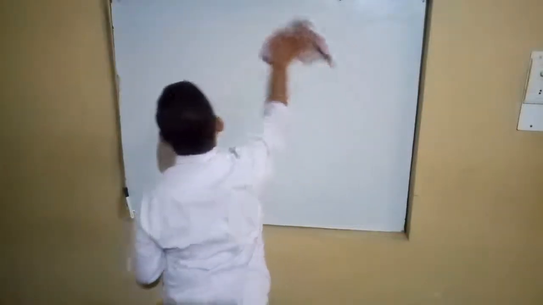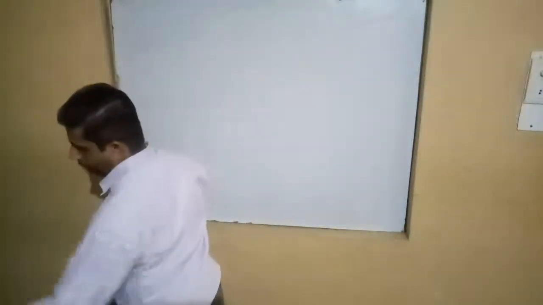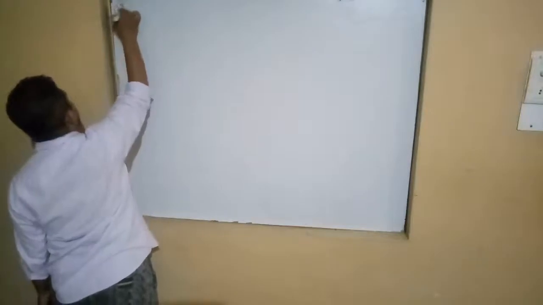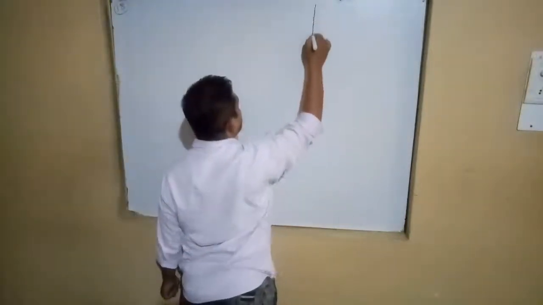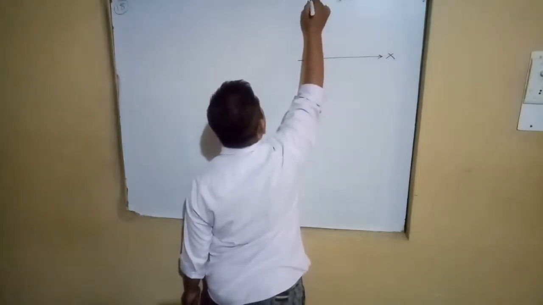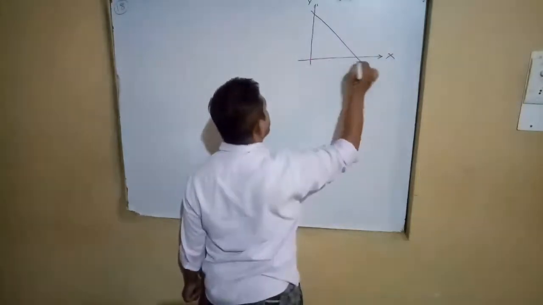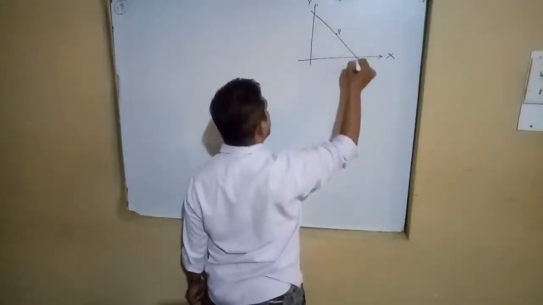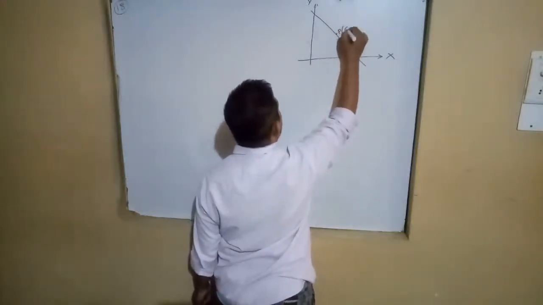So according to the language of the question, we can understand here a line in the intercept form. Question number 18. Intercept form means like this: x-axis, y-axis. This is the intercept form, and this is a point P which is a midpoint here and here, and